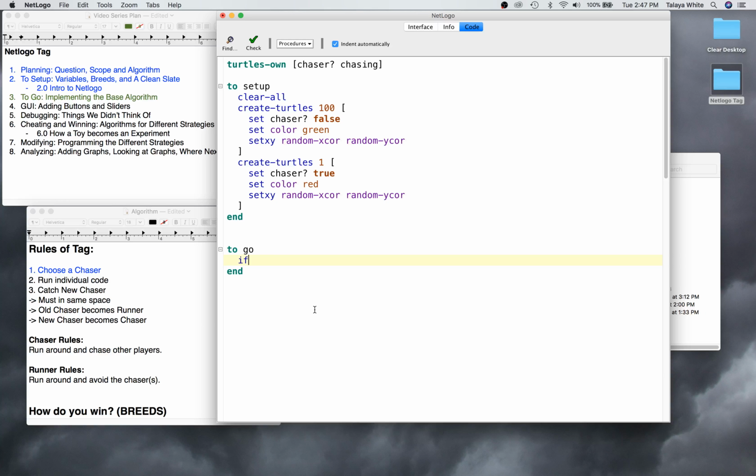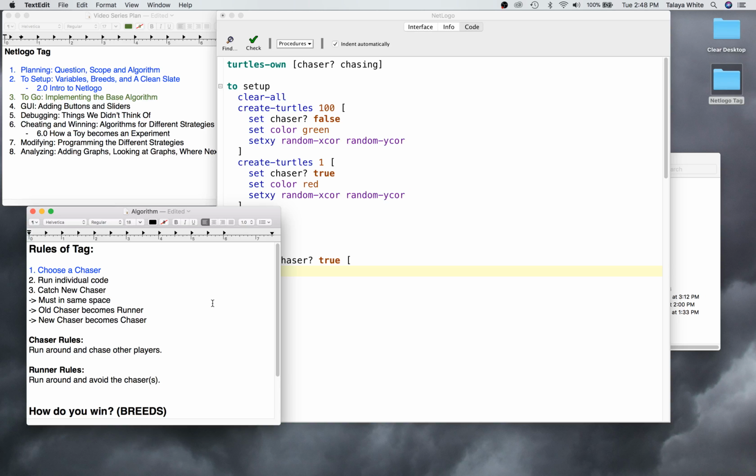So we're going to say if chaser equals true, then we're going to run one kind of code, and then we're going to have else. Our else is down here. So, if we are the chaser,